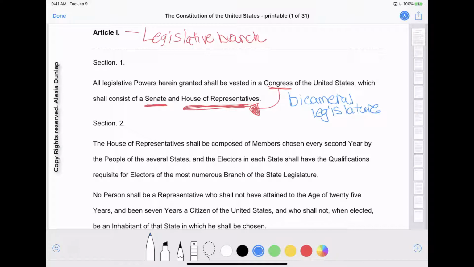Now, as you know, Congress has the ultimate authority to make laws. So that's what the legislative branch does. So moving on to Section 2 here. Congress has the ultimate authority to make laws, as I stated earlier. Now we're getting to Section 2, which highlights the House of Representatives. You can think of this house as known as the People's House. Let's write that down. The People's House.